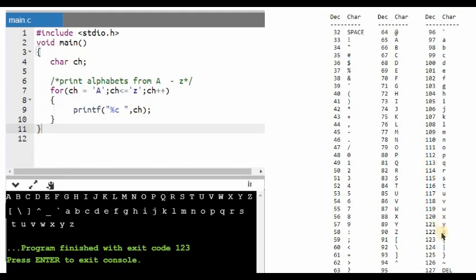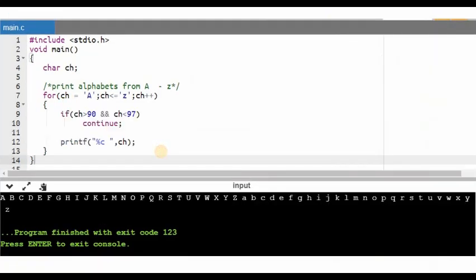Suppose I want to print only the alphabets. I do not want to print all these special characters. In order to do that, I have to somehow manipulate my code to ignore all the values from 91 to 96. Whenever the iteration of the for loop involves the values 91 till 96, it shouldn't print anything, it should just do nothing. To get that feature, I make use of the continue statement. This is a very good example of the continue statement.